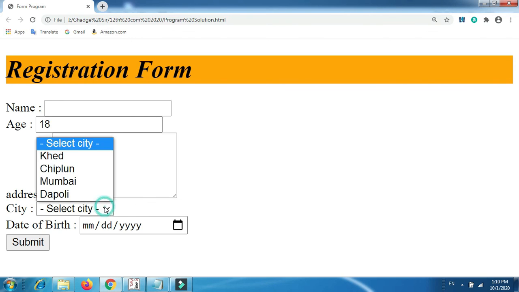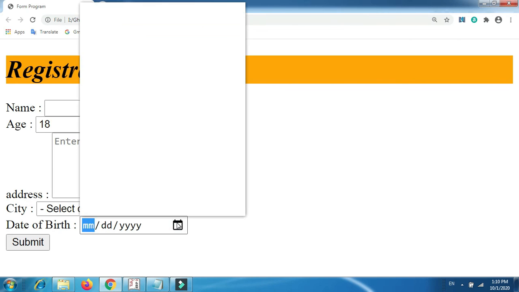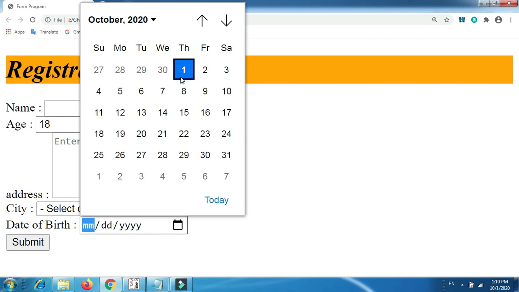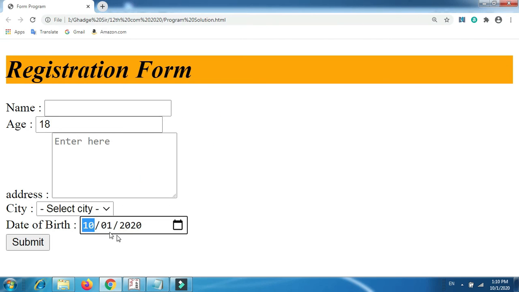Now select city from it. Now you can use the calendar to pick a particular date. This is a MMDDYY format, so it displays first 10 and then 1 and then 2020, because it's the 1st of October, and there's a submit button, that's it.